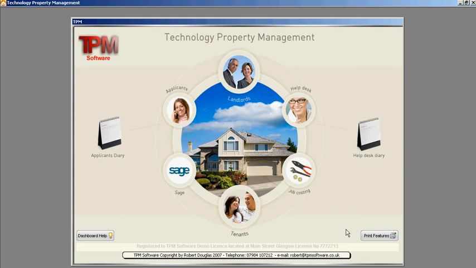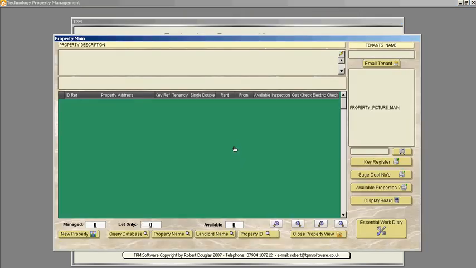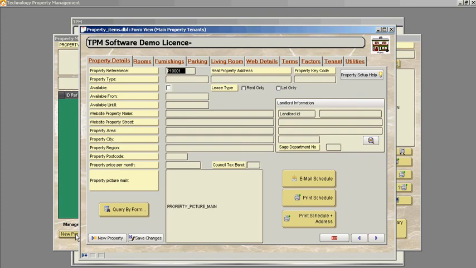Welcome again. We're now going to put in a property belonging to the landlord we entered earlier. So we click on the property graphic in the middle of the screen, and you notice that we're into the property main browse table. The browse table doesn't have any properties in at the moment, so we're going to create a new property. So click on new property, and up pops the property